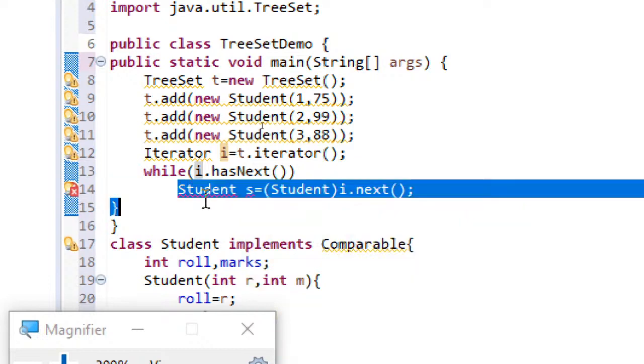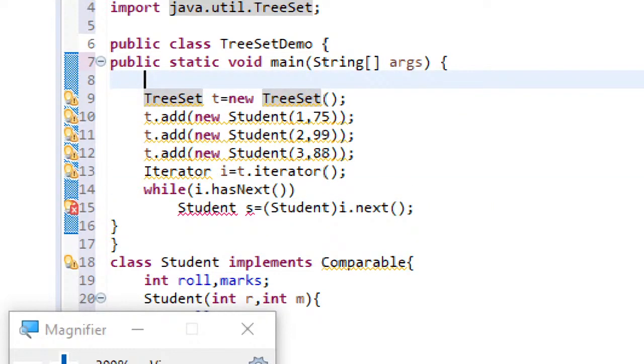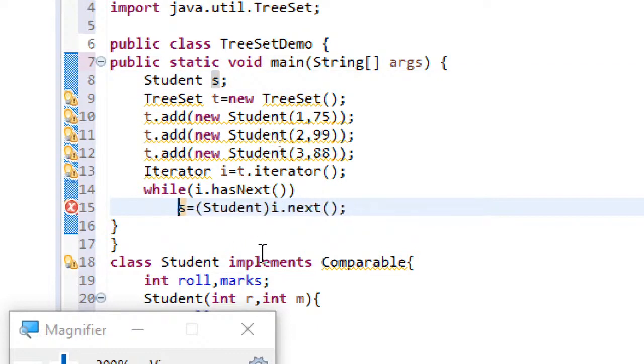Okay, one thing we'll do, just try to declare it as local. Okay, then it's working fine. So rather than creating directly within that while block, just declare it above.